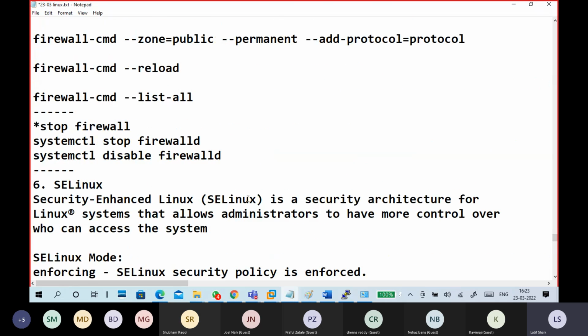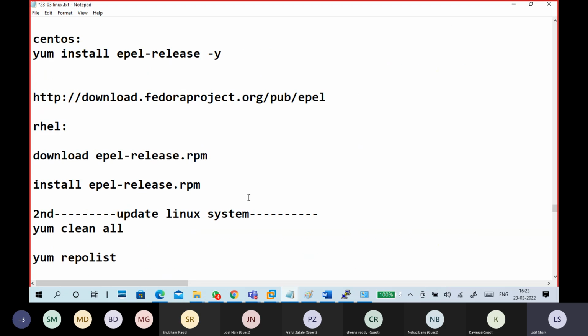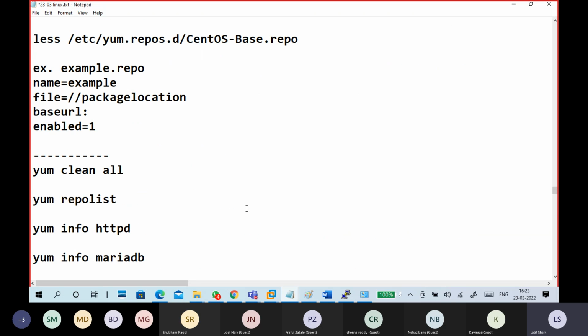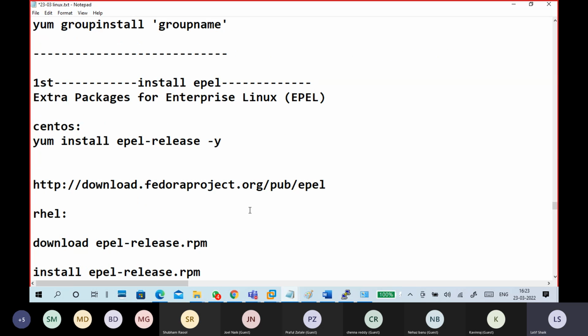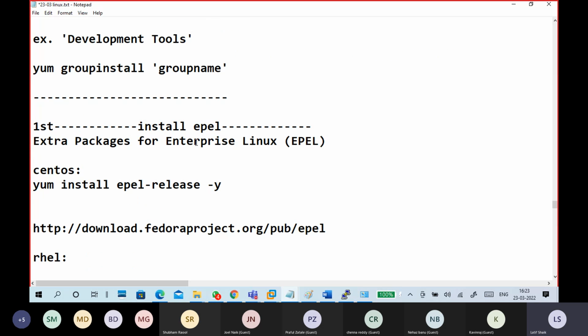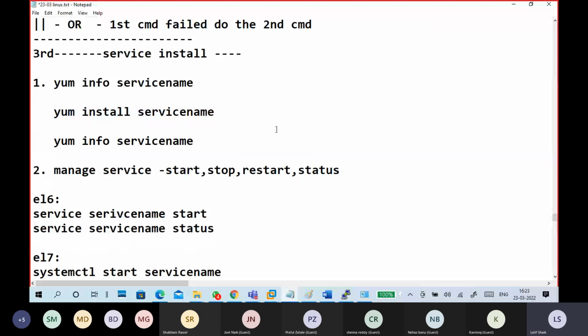So these are the things to manage any package installation and services. Once I tell this, I will give you a break and we'll go to HTTP, FTP. Okay, guys, first of all, universally to manage, the important thing is install the EPEL package, update your system.